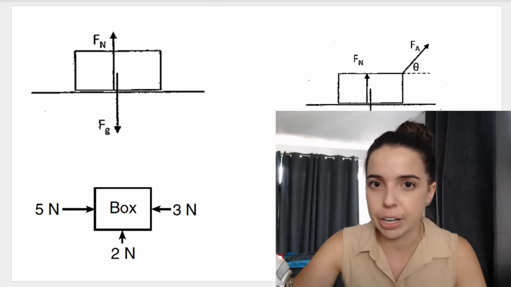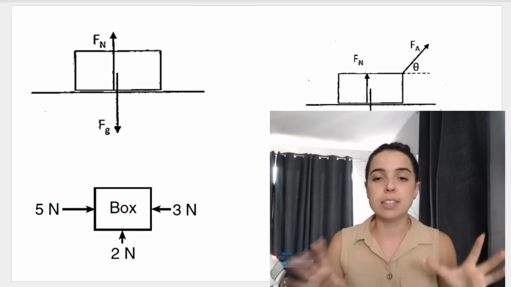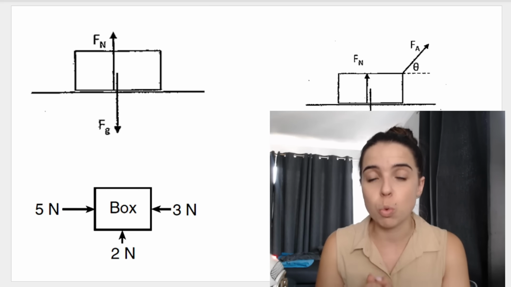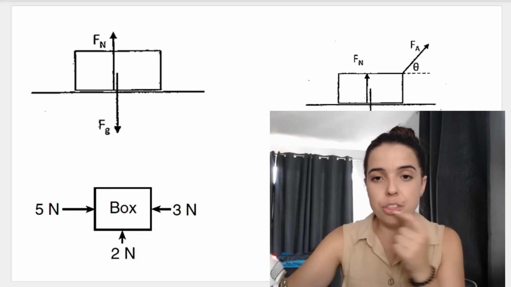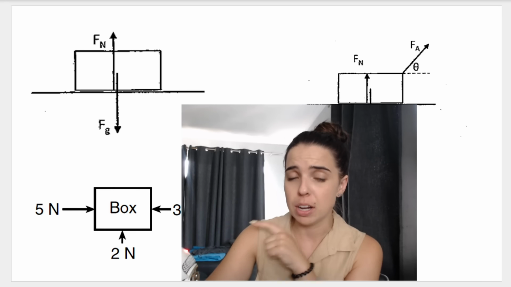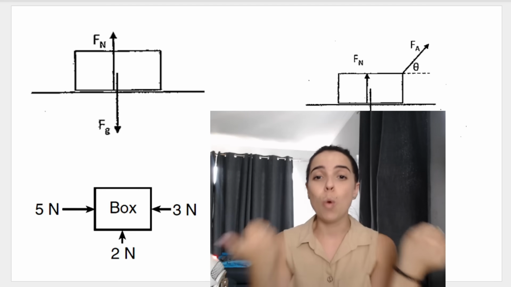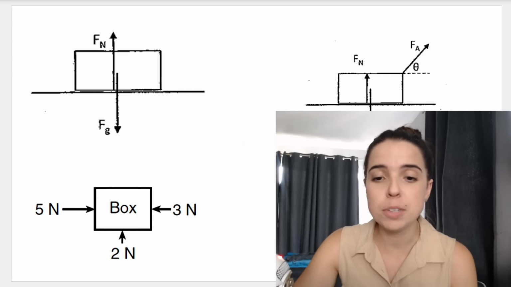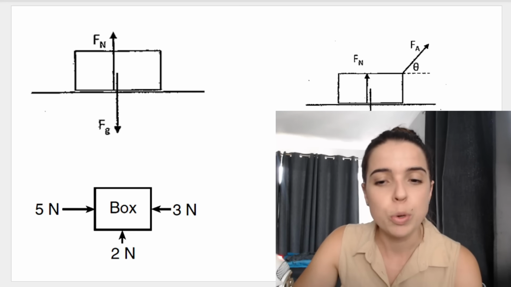Now you can immediately recognize a free body diagram. Free body diagrams are when the object is represented as a dot. Okay, so we use a dot and all the forces or all the arrows point away from the dot. So this situation that's happening right over here, that will never happen in a free body diagram. You never have arrows pointing towards the dot. They point away from the dot. So in these force diagrams, we can almost see where the forces originate from as well, which is different to